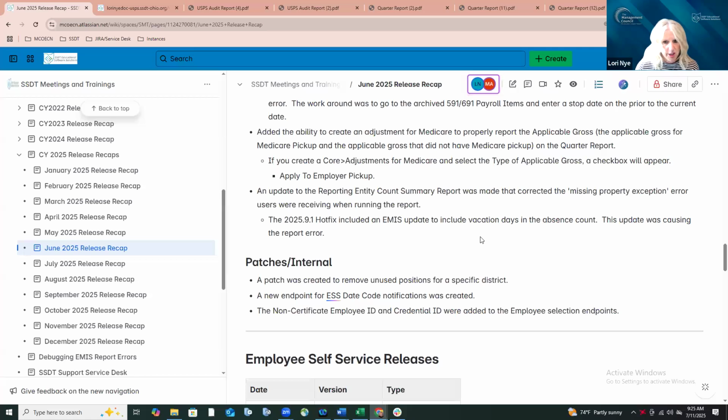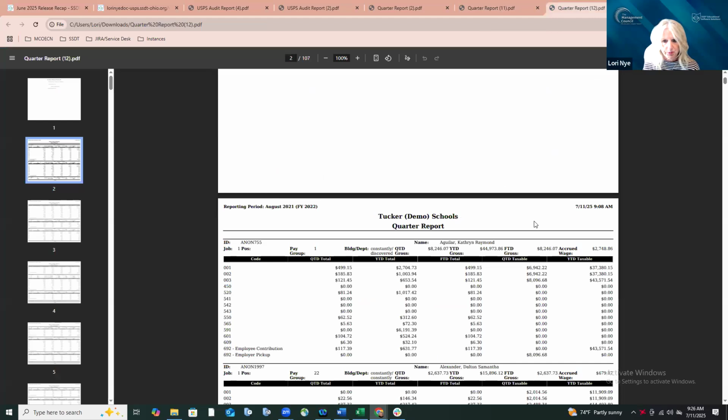Another enhancement was to add an adjustment for Medicare for the applicable gross. When you run your quarter report, I know many times you would reach out to us and say, how do I get that Medicare pickup applicable gross removed from the regular line of Medicare and only report that on the pickup line? So what I'm referring to is,